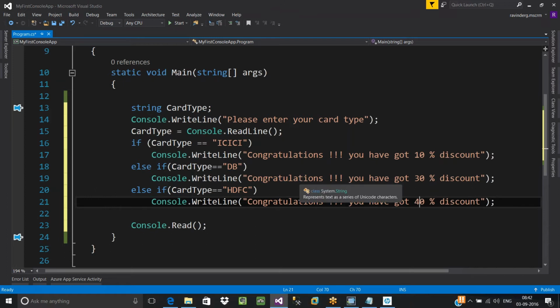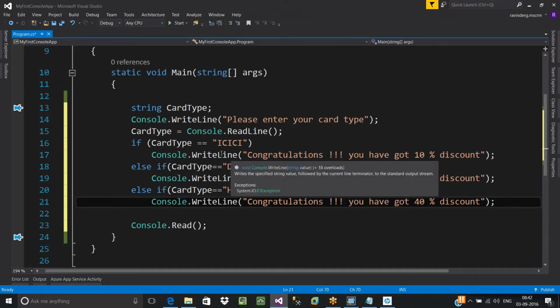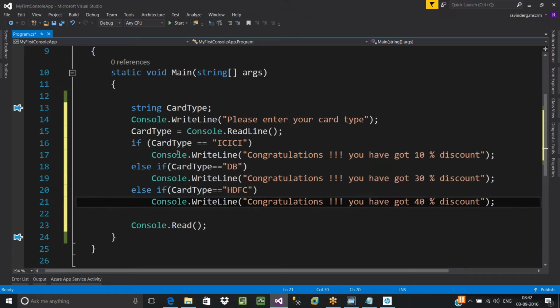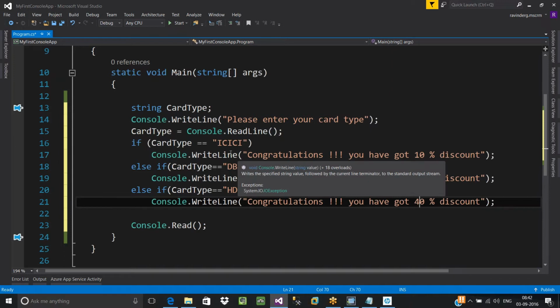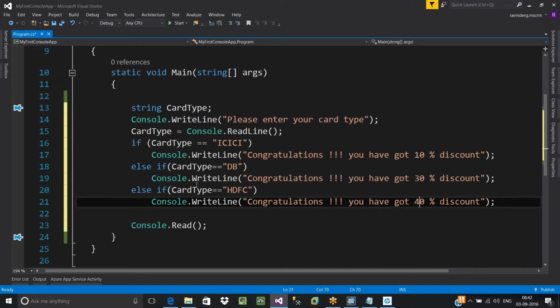So like this, you need to validate each and every bank. When it comes to the market, there are 1,000 different banks, right? There are some thousands of banks available in the market across the world, across India, across different countries. We are providing offers to each and every bank. So what needs to be done? You need to implement your logic to validate each and every bank. For each and every bank, you'll have to write a separate if statement. If bank is equal this, if bank is equal this, if bank is equal this.